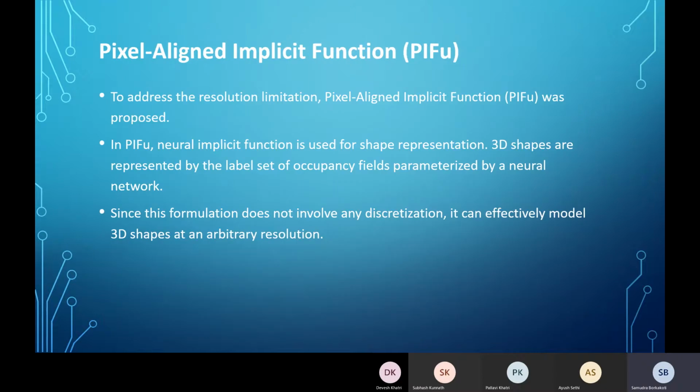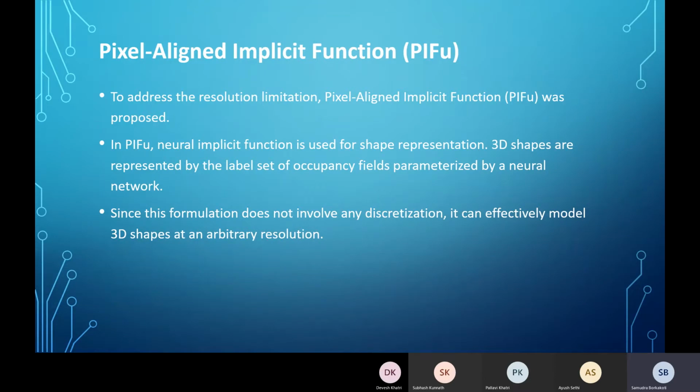So to address the resolution limitation of the second one, PIFu was introduced, which is the pixel-aligned implicit function. It uses a neural implicit function for the shape representation, and the 3D shapes are represented by a set of occupancy fields.